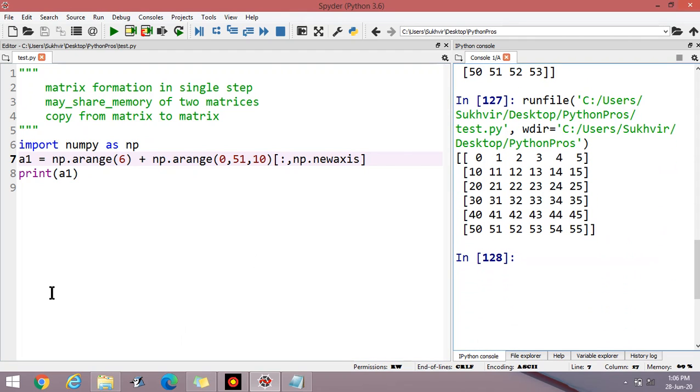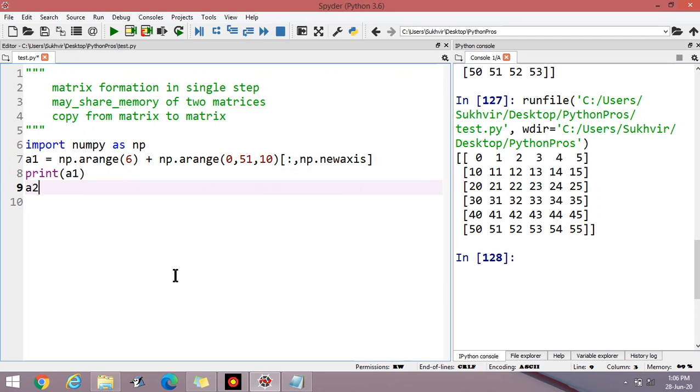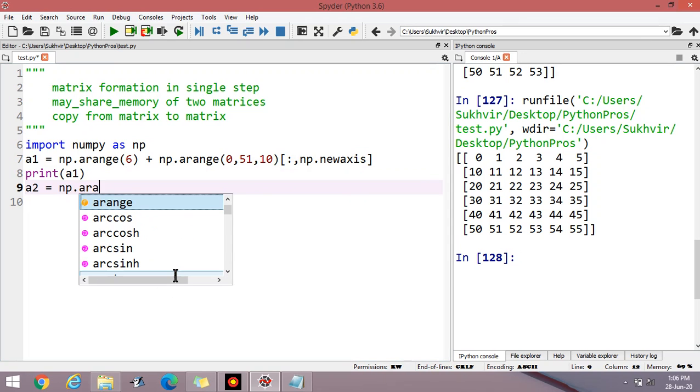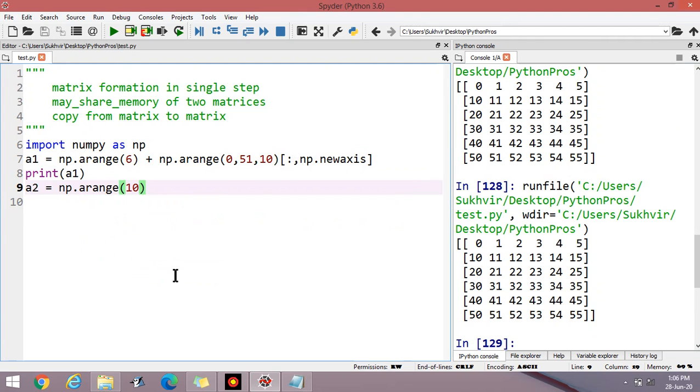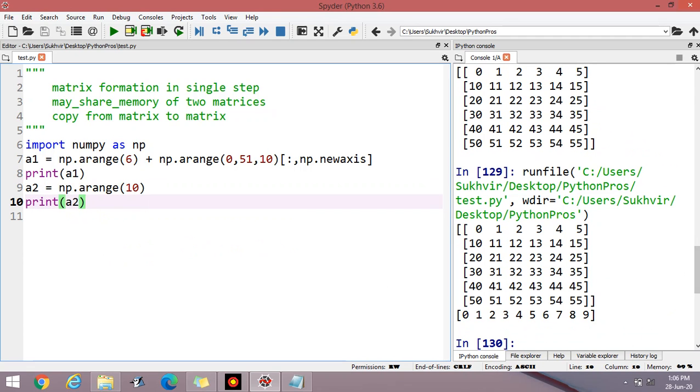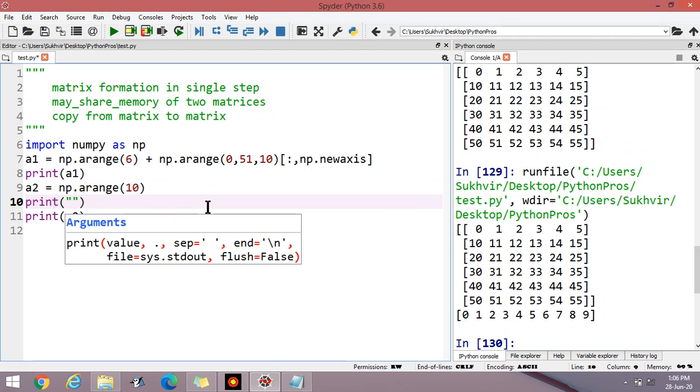Hope you understand the content of designing the matrix in a single step. So I write here A2, the second matrix, np.arange(n), then print the value of A2, and separately display the elements.